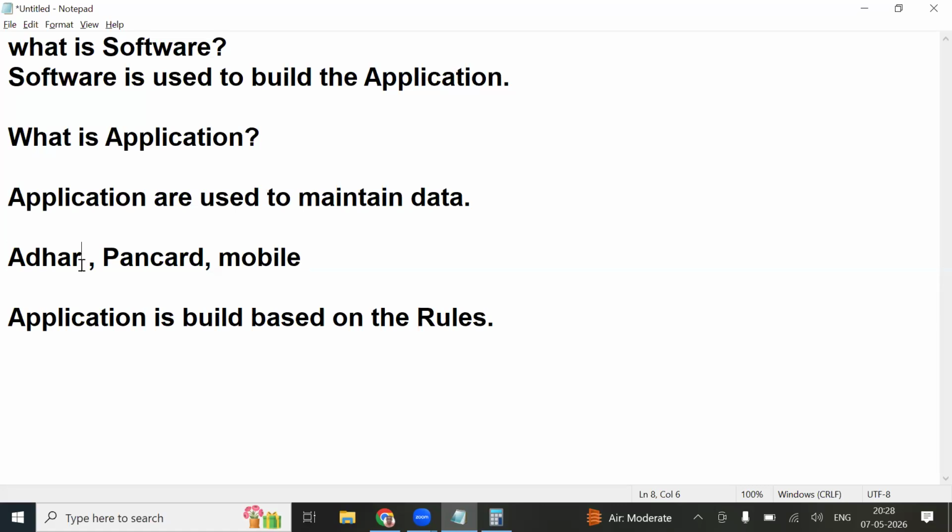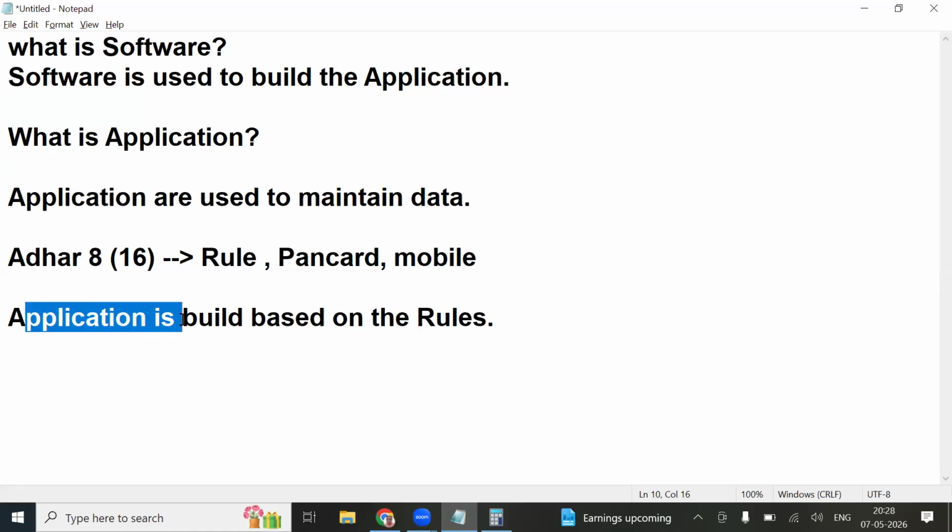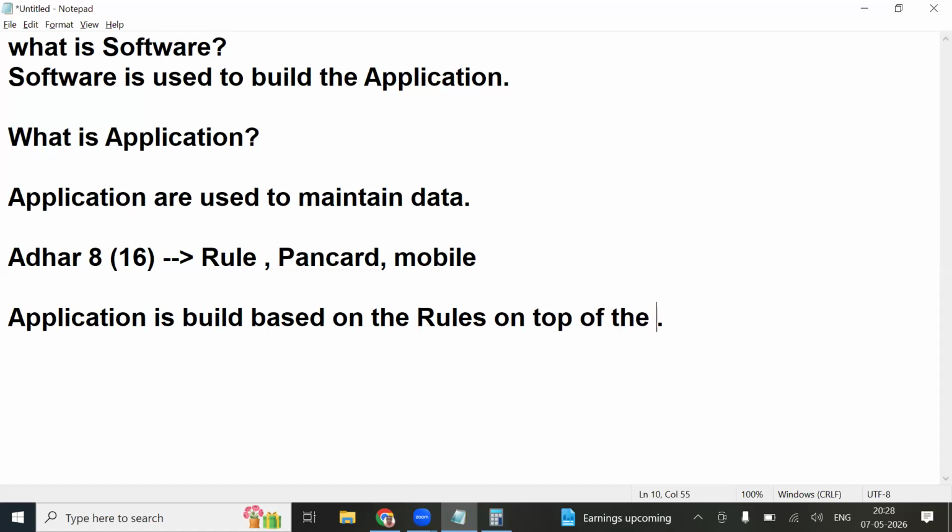The user is entering 8 values, but 16 are required. Do I need to implement a rule? We should. That means when I build an application, I build it based on rules on top of the data. Is it correct?